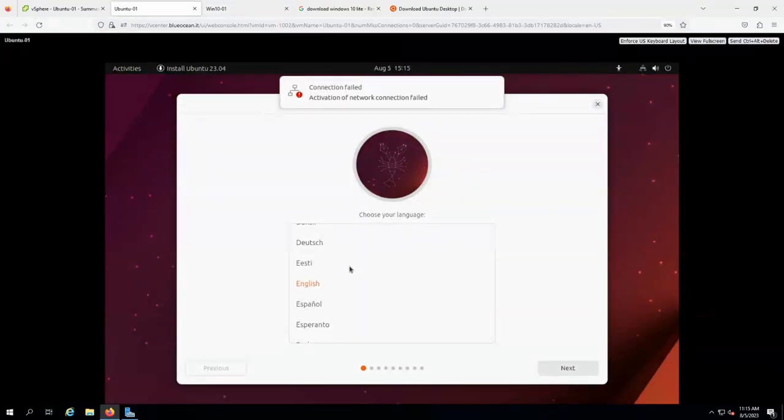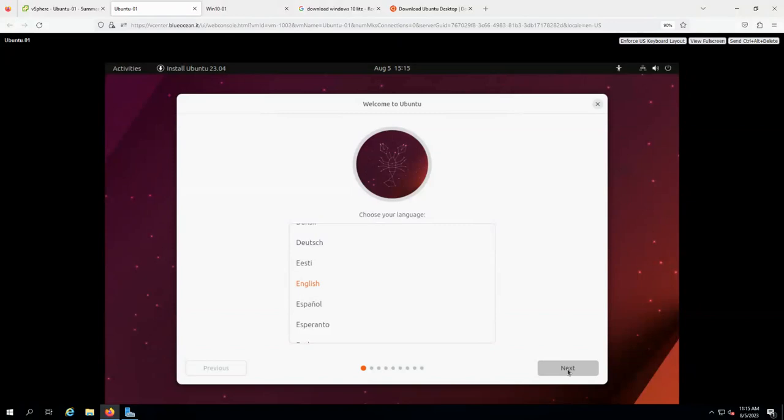So if you don't understand the environment, please comment. I can explain. Okay, so the Windows 10 is okay. Now my Ubuntu. Yes. Next,